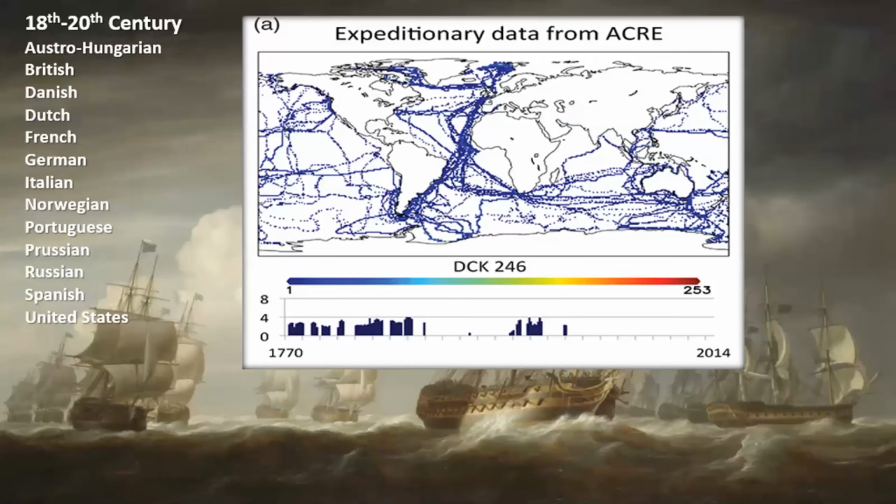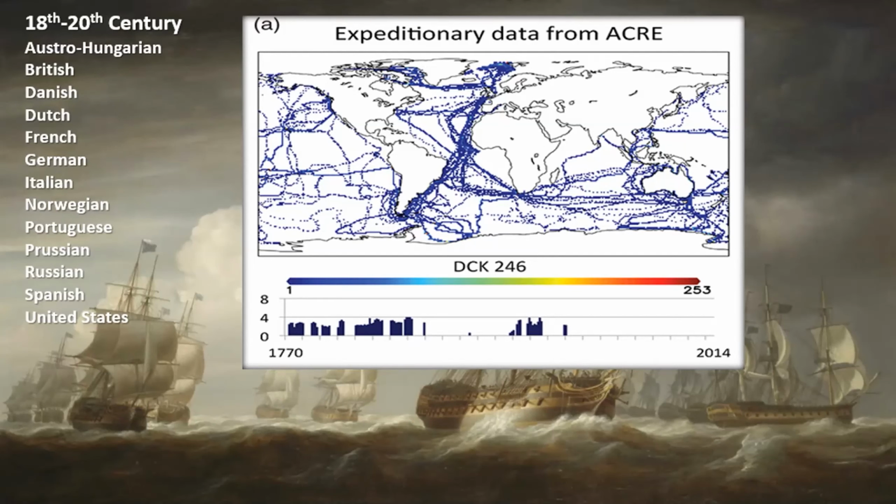So this is just an example of the information we've been able to bring in from ACRE into one of the main international data repositories for marine data. I won't go into it, just to say that that exists. And you'll see down the bottom here, from 1770 to 2014, the blue bars are the contributions from ACRE's efforts, probably up until about 2016, a few years ago now, when this was published. And you can see the blocks of data that have come in, giving you coverage over the world. And you can see what's going on in the Indian Ocean. Obviously, we would like to have much more, but we're covering what we can.